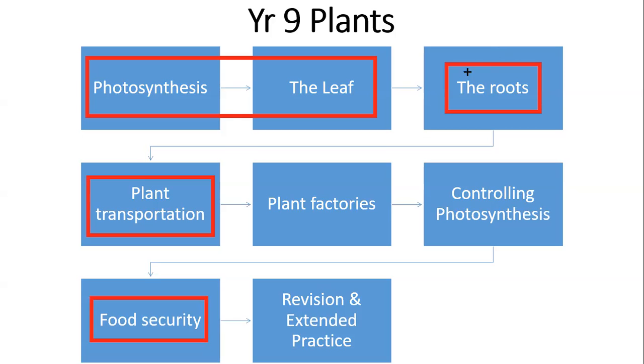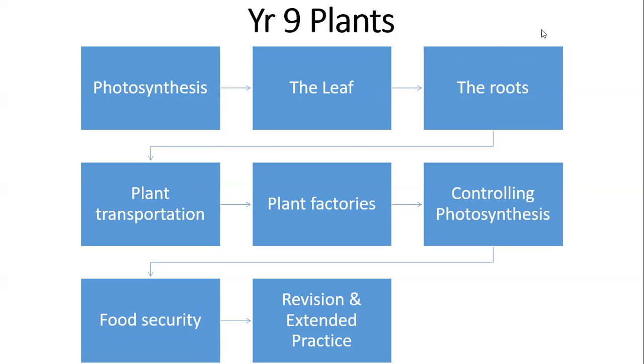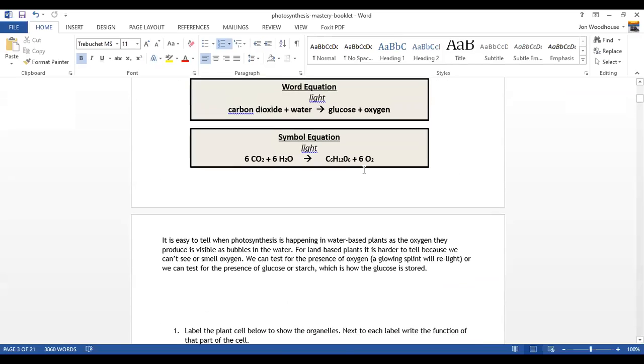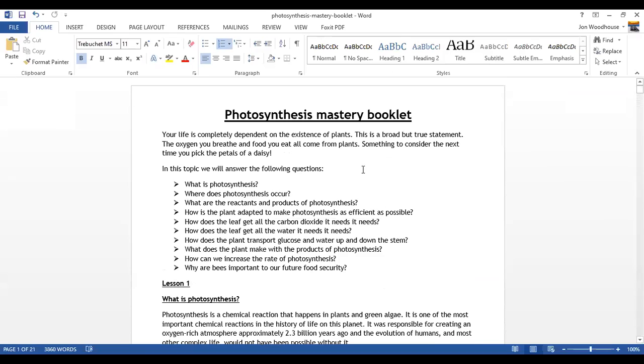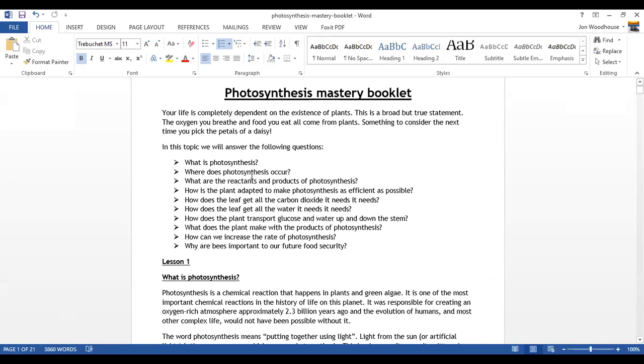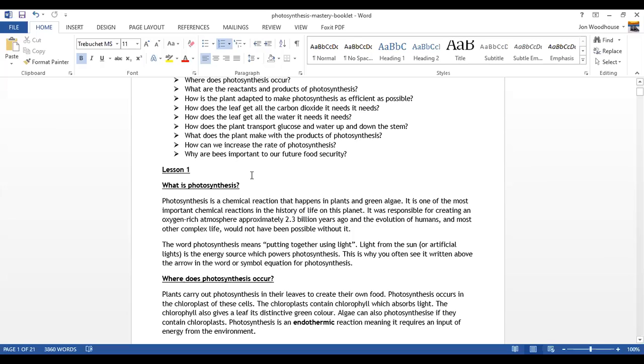So what I've also attached is a mastery booklet. Now, we're just going to talk you through this and show you how it works. This is our mastery booklet. It's 21 pages long, we're not going to do it all at once. It tells you what we're going to cover in this topic, and then it goes through lesson by lesson. Now we're going to do lesson 1 and lesson 2 together today,